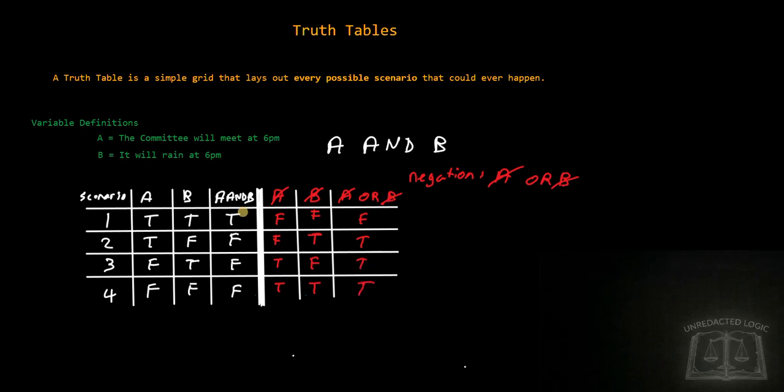And then you can compare this column, A and B, to this one, not A or not B, and notice that they're opposites. In each scenario, they have opposite truth values. That's how you confirm that they are negations of one another. Okay,